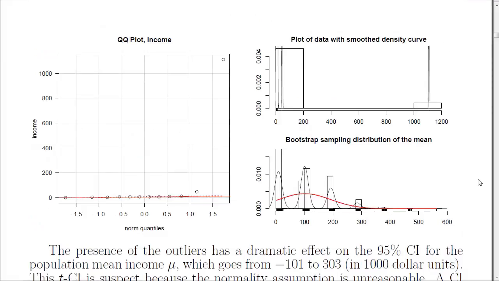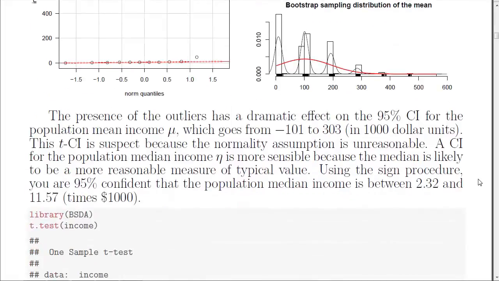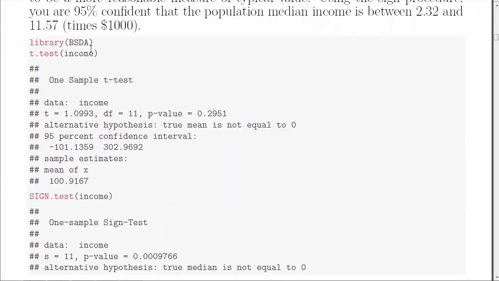So no, we do not trust that the normality assumption for a t-test is met. Therefore, a sign test is a reasonable alternative. All right, so here we're going to load in the BSDA library. If we look at the t-test results,